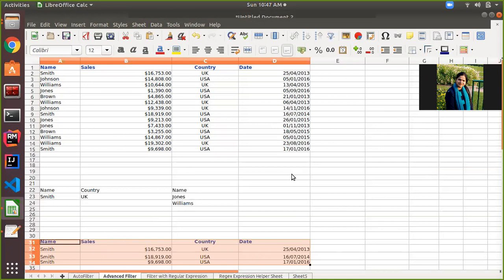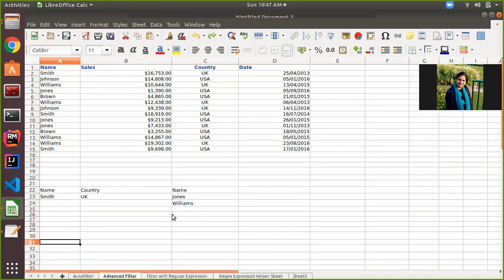Now what is our next condition? I want to see the sales done by John and Williams. So I am writing my condition as: I need to display from this data only the sales done by John or Williams. The column header I have written as name, and John and William under that.